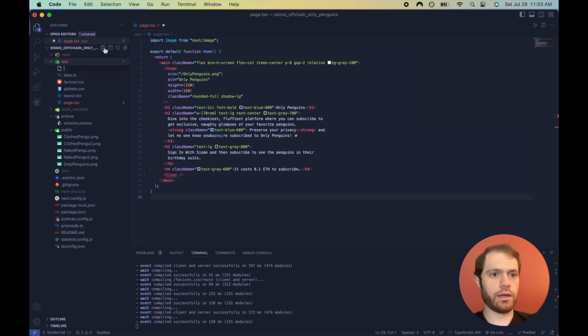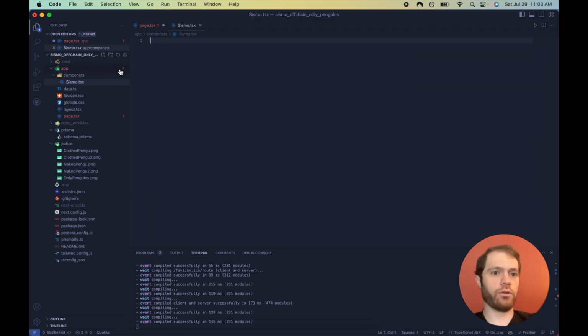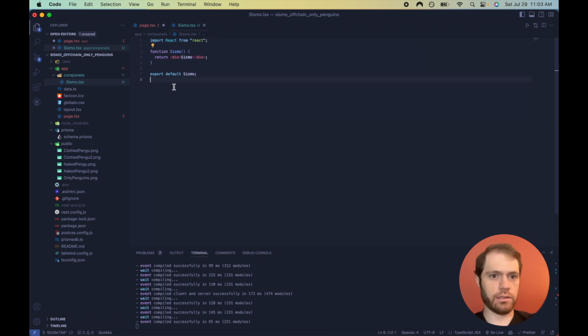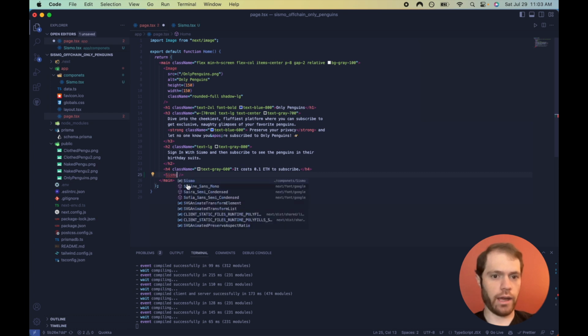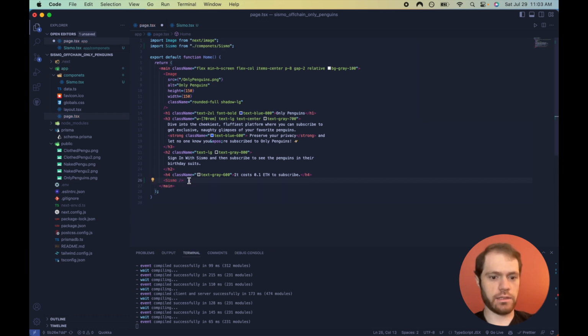Within our app directory, make a new file and call it components/sismo.tsx, in order to make a folder, and then within that folder, a sismo.tsx file. Then run rfce in order to make a basic component called Sismo. Go back to the page.tsx, erase the O, and then click the O again in order to use IntelliSense to